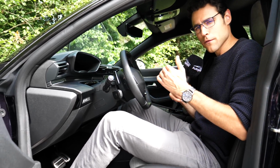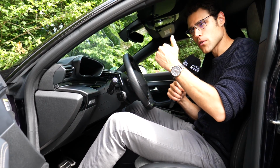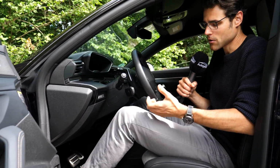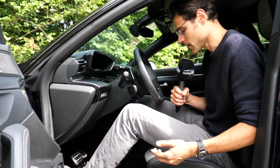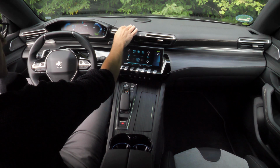Climate-wise, in summer, the fabric would stay even a little bit cooler than the Alcantara. But of course, if you would go for the optional animal skin, then it's even worse for summertime, because you would stick to the seat and it gets really hot. Interior overview here, Peugeot 508, soft touch dashboard, then the